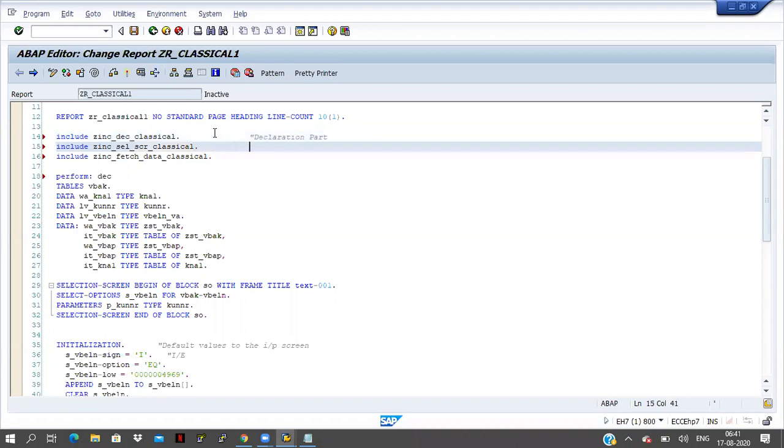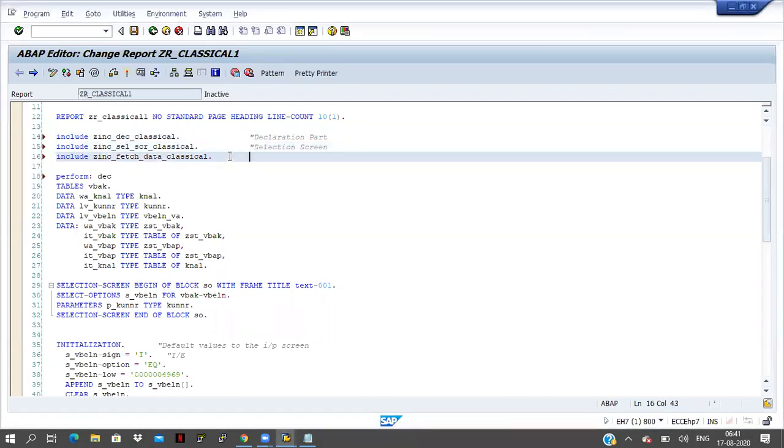This is for selection screen. This is for data. So I'm taking three includes here.